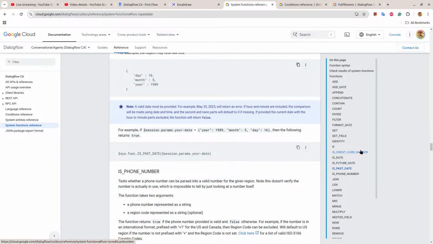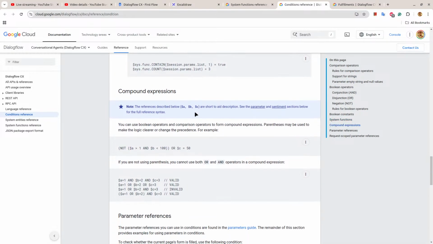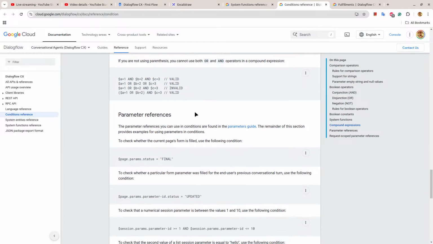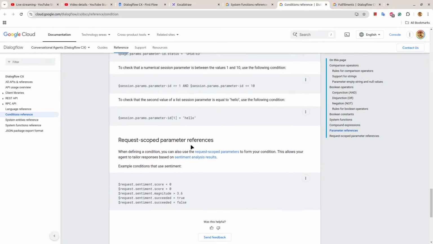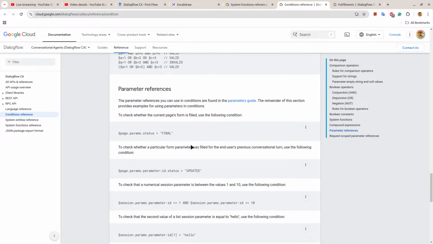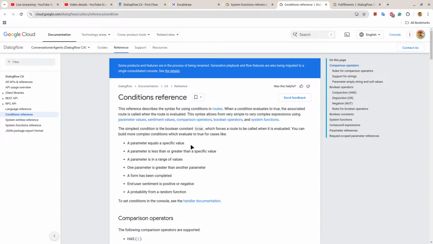System function and conditional responses, though we have used a couple of things here. I have shown you a few things here. So warning and these things,